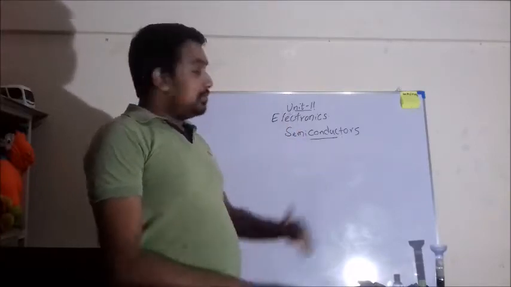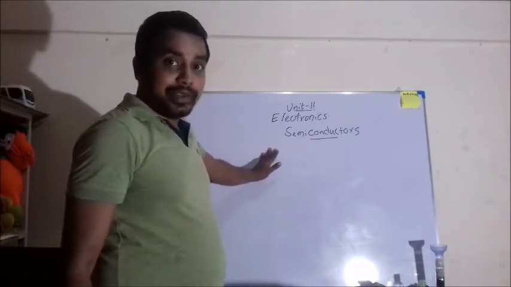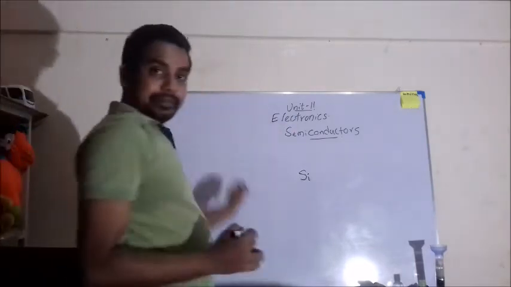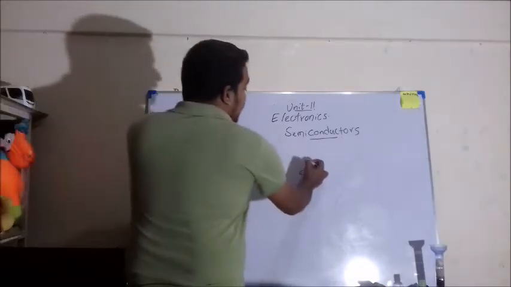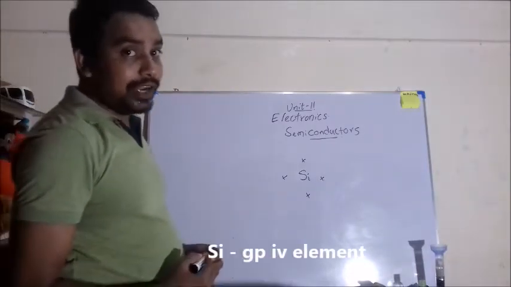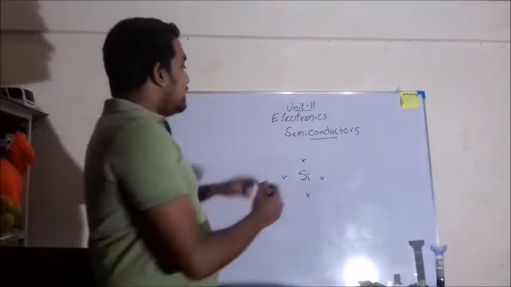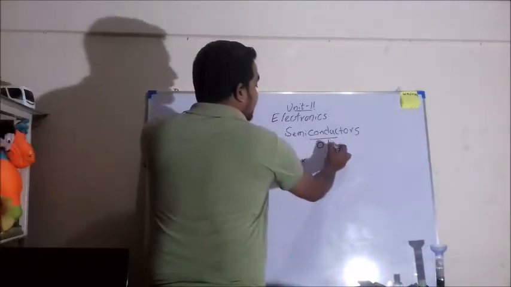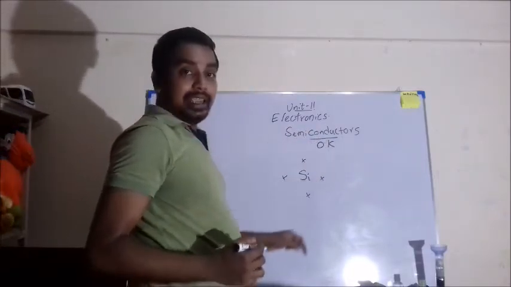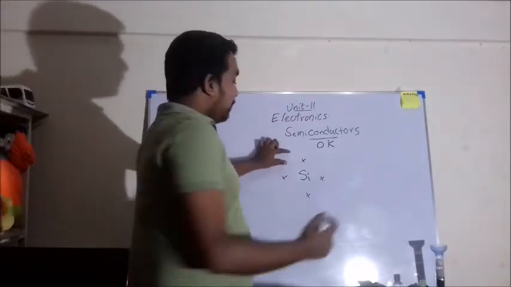A semiconductor has its own structure that helps its semiconductivity. As an example, we take silicon. We all know that silicon has 4 electrons at the outermost energy level. It is a group 4 element in our periodic table. Silicon at 0 Kelvin, where K stands for Kelvin. At 0 K, the silicon structure is formed by combining